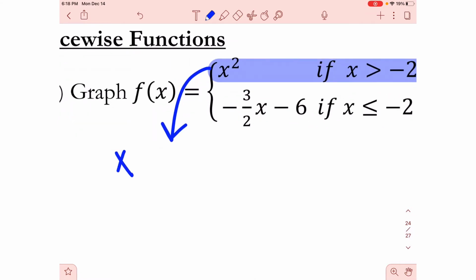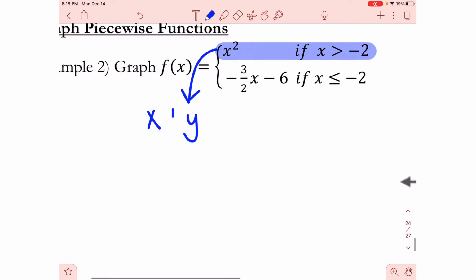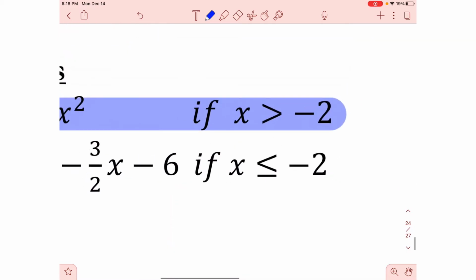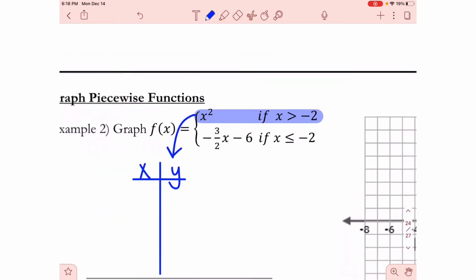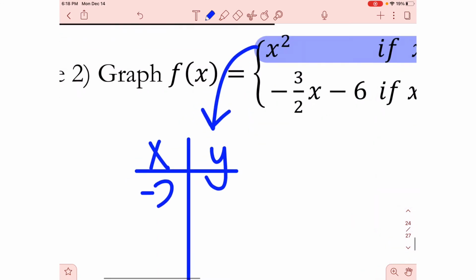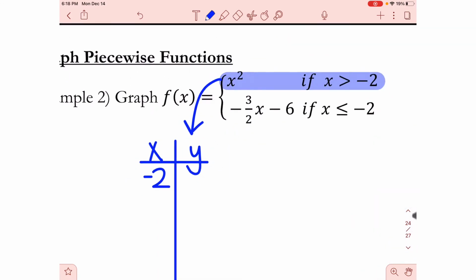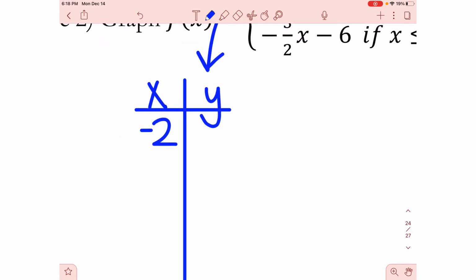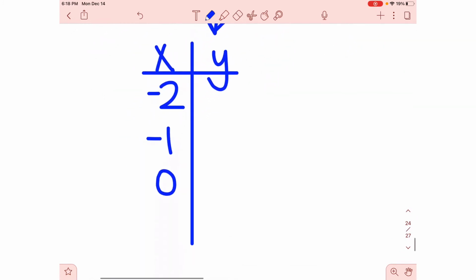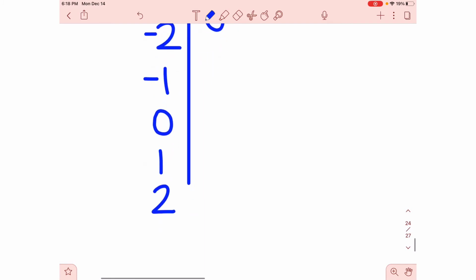So I like to make a chart. And the way I do that is by always starting with whatever this number is in the parameters. Now I know that it's not or equal to, so x cannot equal -2, but that is where the function starts. So I have to start my chart there. And now the numbers I pick have to be greater than -2. So -2, -1, 0. And then I'm also going to pick 1 and 2